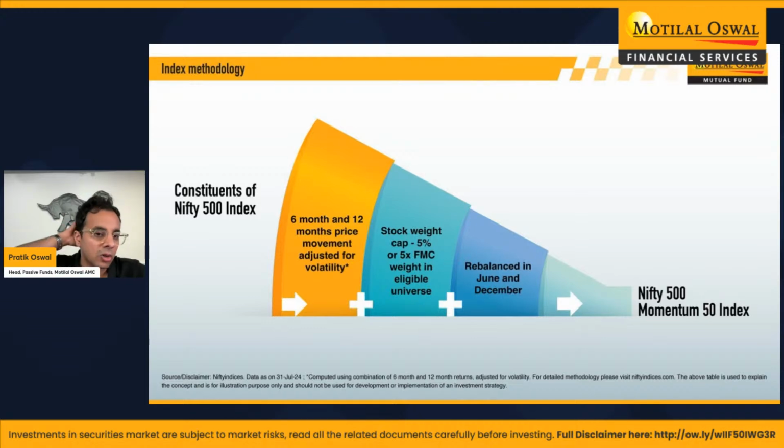It takes out the stocks that are not in momentum, but also it gives enough time for the stocks to perform well over 6 months. And thirdly, what we believe is that if you do it monthly or quarterly, then you're adding a lot of transaction costs into your portfolio, which may or may not really help you out. So I think 6 months we believe is very optimal.